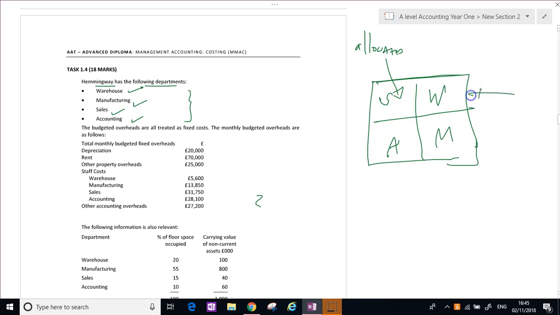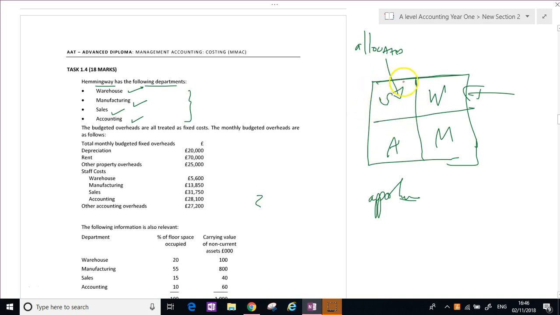So you might just have one rental charge for all these 4 departments, and you'll have to apportion that rental charge. All these 4 departments, if you like, might also share machinery. You might have to apportion depreciation. So it's just about trying to almost use judgment to decide how I'm going to get the overhead into that